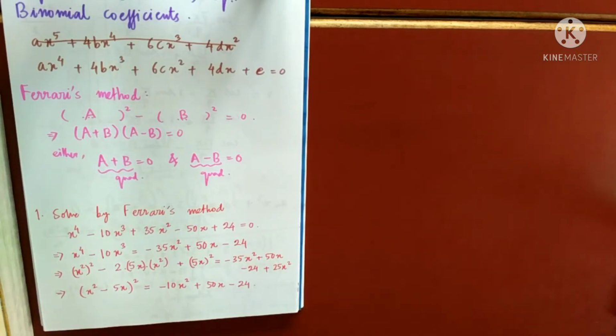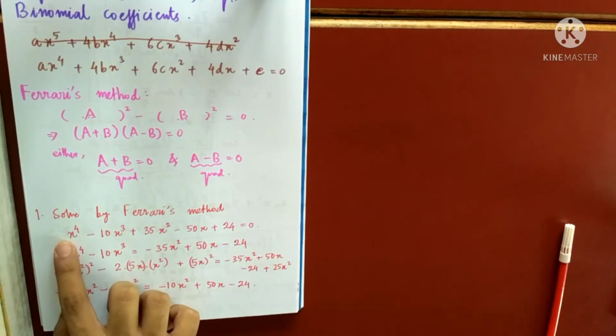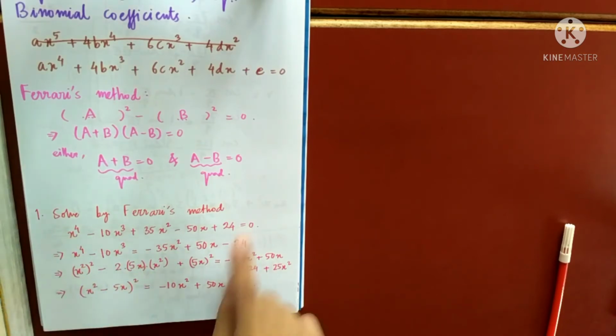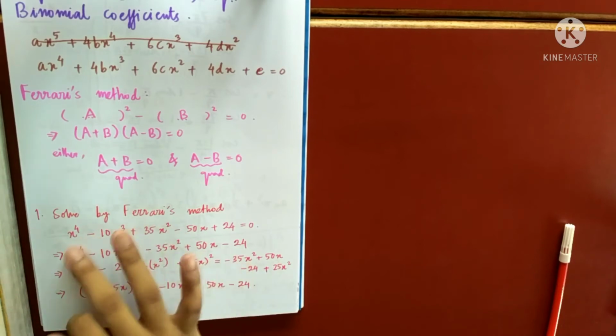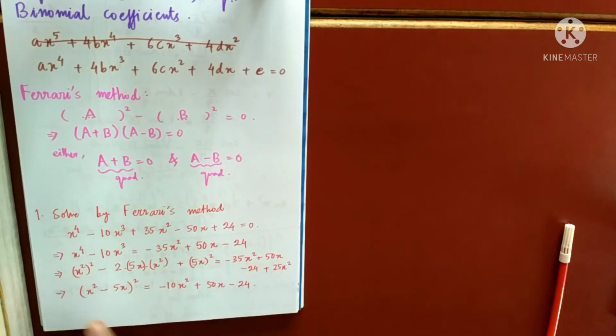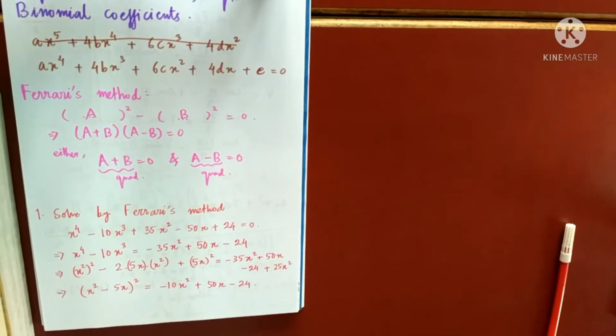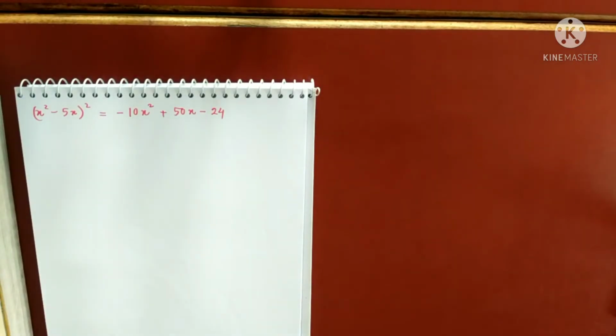So what I have done, I have first multiply by a, but a is 1, so we don't need this step. I'll try to make the left hand side as a perfect square. I have made it, and the right hand side is like this. If you want to ask anything up to here, please ask. So let me copy the last line again, because I'll be turning the page. So this was my last line.